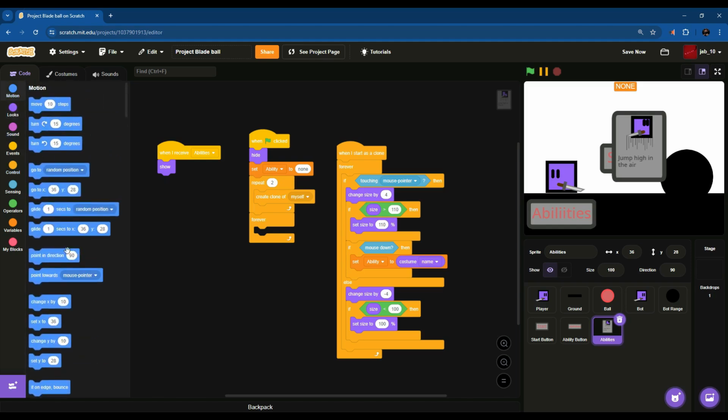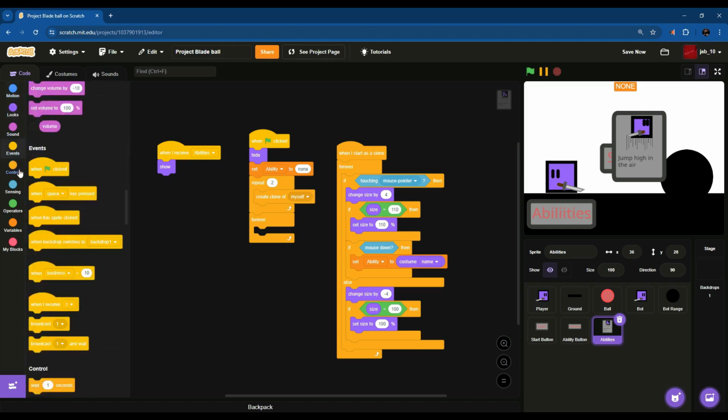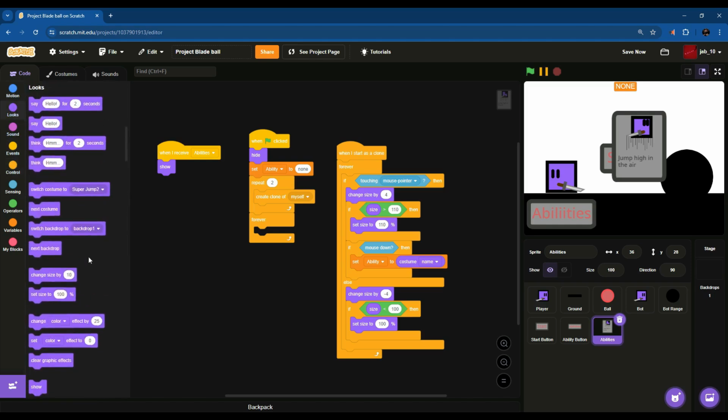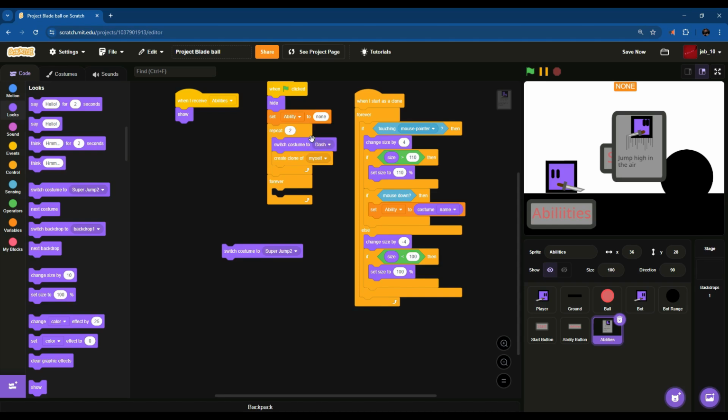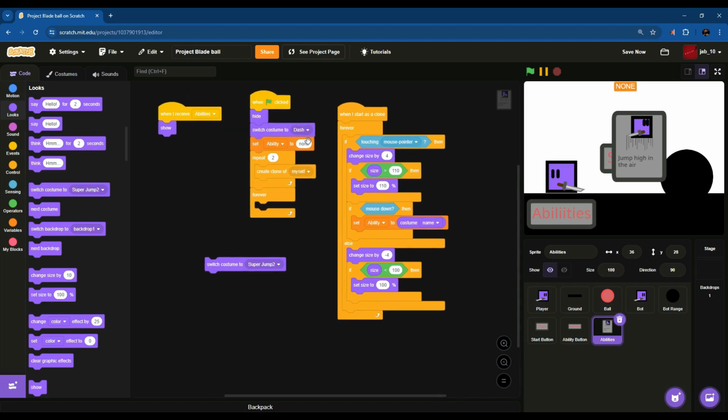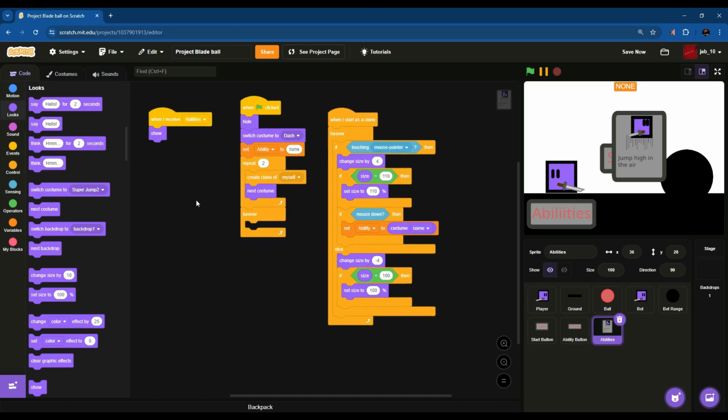Oh, go to motion, and then going to go back to looks, get a switch costume to super jumper or dash, and then however many abilities you have, just switch the costume to dash, the first one, put it under the when green flag clicked, then get a next costume and put it under the create clone of myself. And then